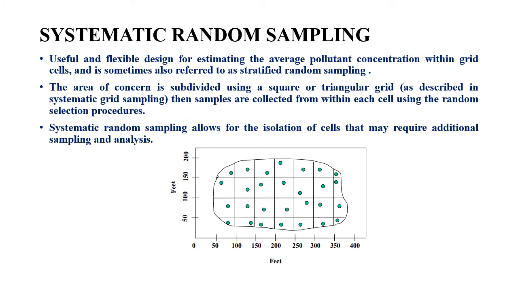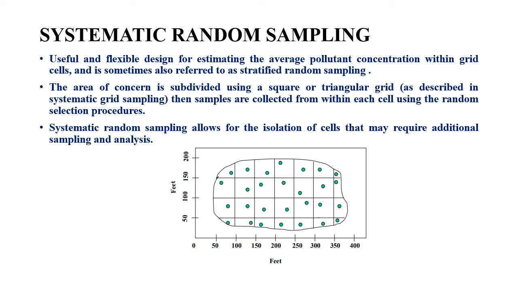Now next is systematic random sampling. In systematic random sampling, also from the figure you can see that the entire area of concern, or the area of contaminated land, is divided into a grid-like structure. Here also any type of grid, any shape of grid, can be adopted for the structure. So first the grid lines are made over the entire area of contaminated land, and then